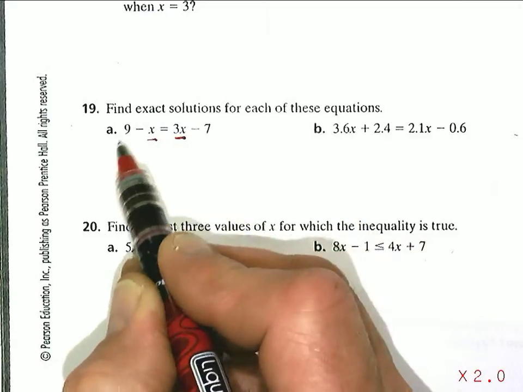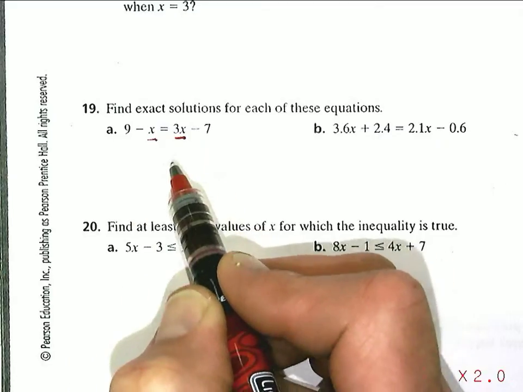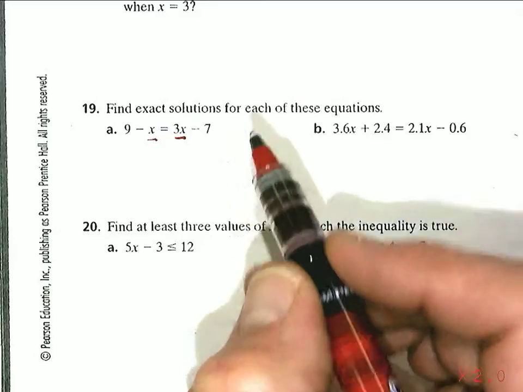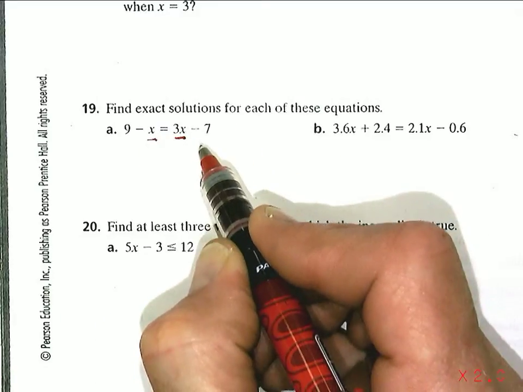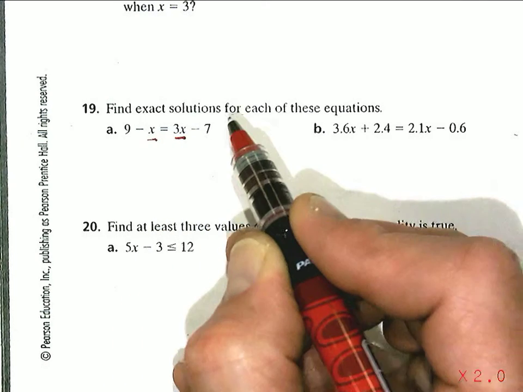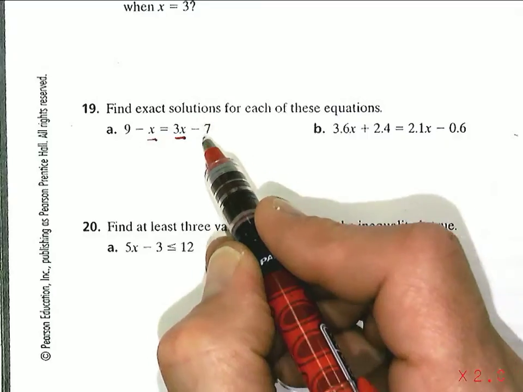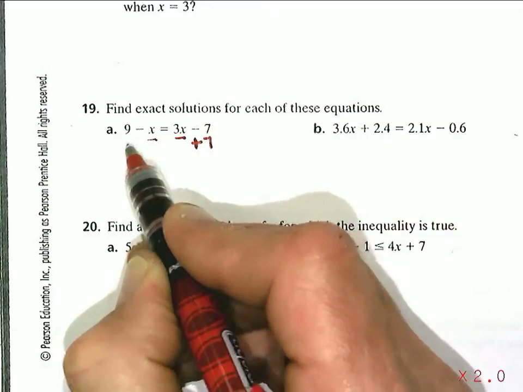So I need to solve this in a way that gives me just one x, or an x on one side of the equation. So what I'm going to do first, and there's lots of different ways to do this, but I'm going to start this way. I have three x's here and a negative x there. So I have a negative 7 here and a positive 9 there. So I'm going to actually take this positive 7 or negative 7 and add a positive 7 to both sides